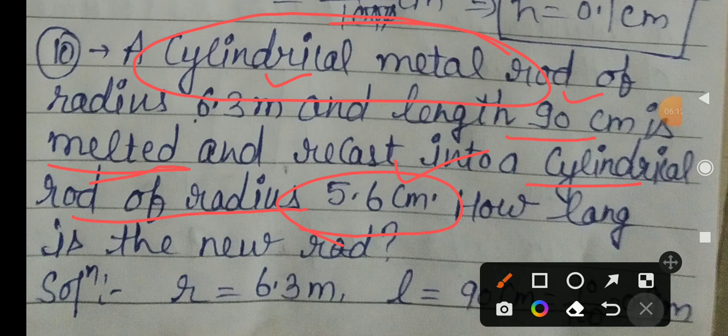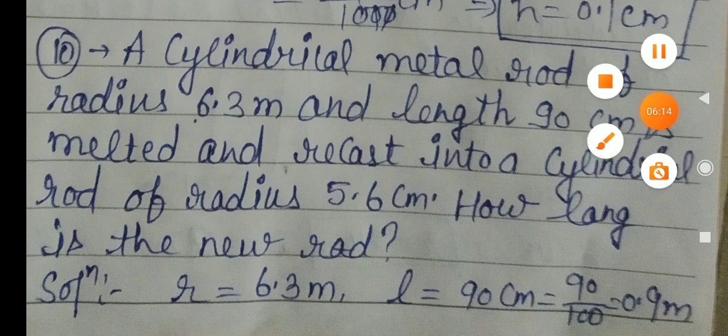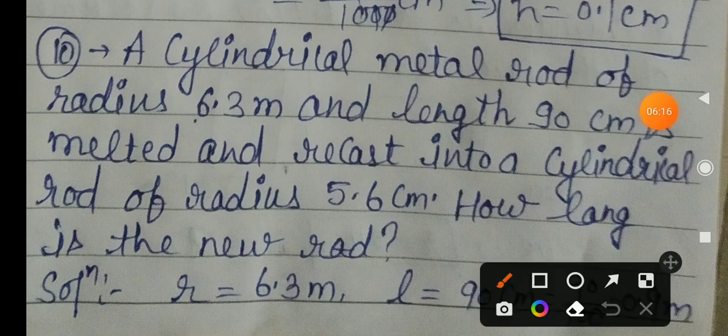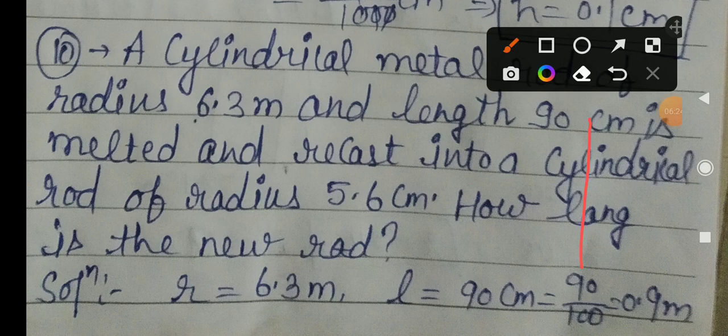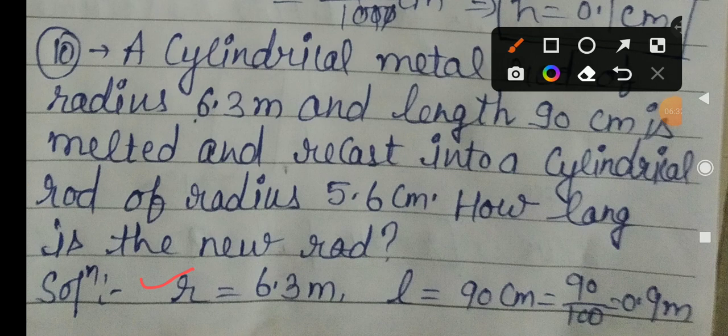Okay, we have to explain again because you have to do this question at home as your homework. I repeat again, that is the value here, that is the value here, you very well know. The radius of the old cylinder is given there. So what is the radius you have? 0.063 meter, and then you have to convert the L, meaning your height.